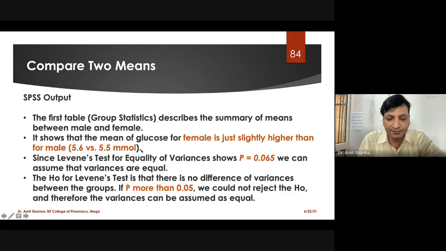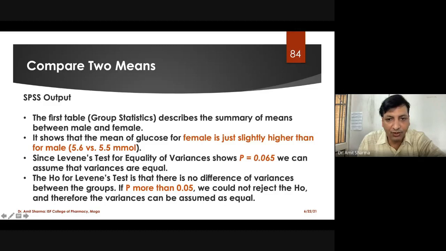I have not written mean or SD here, but if you want, you can write them. For example, whenever you write the plasma glucose value for male, 5.6, you should write the SD in brackets along with it. SD is 1.3, so write 1.3 in the bracket.